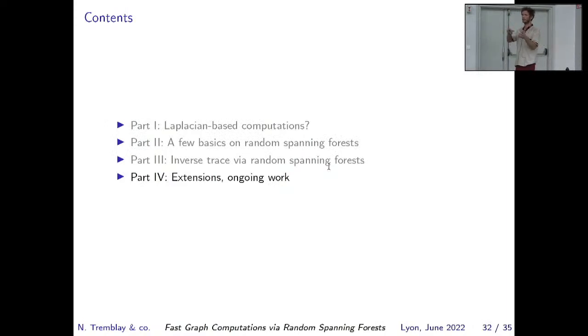few years has been this following problem where I have a graph and I want to compute things. Anything, really. It could be the maximal degree, the whole spectrum of the Laplacian, whatever. Well, here I have an instance, which is the inverse trace of this operator, L. And I give you one algorithm that works based on random spanning forest. And now the following question is, to what extent am I able to actually compute things on the graph? What am I able to retrieve from those random spanning forests? What is the extent of everything? I want everything, right? This is the big picture behind this.